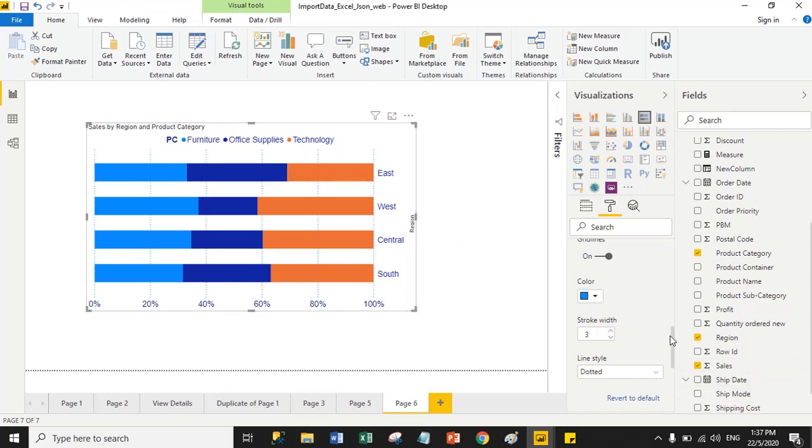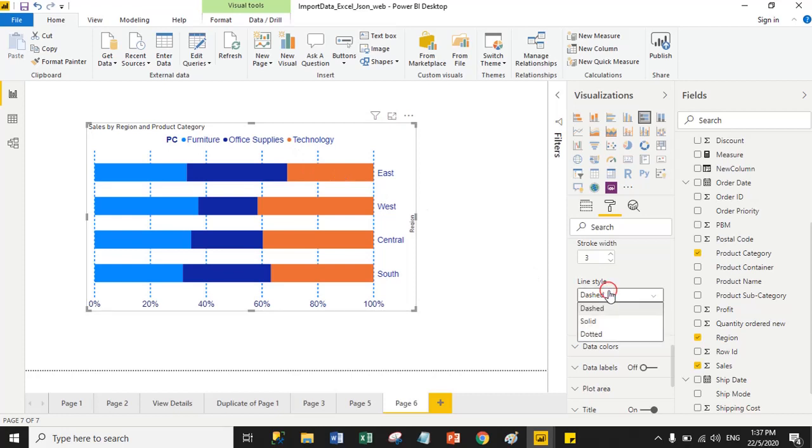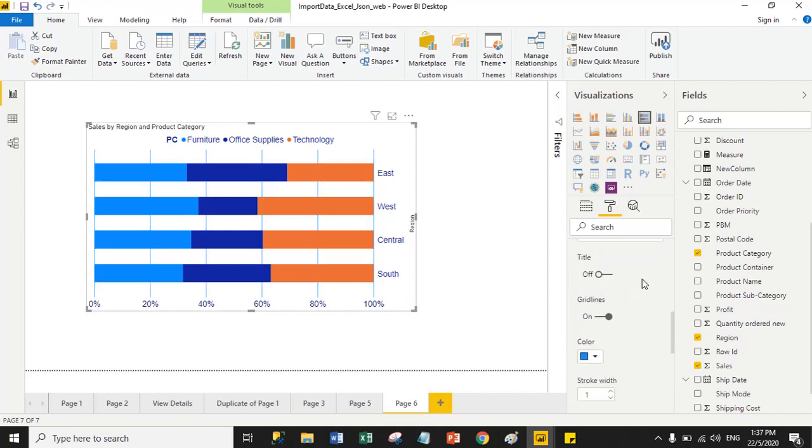And also we have grid line style. So right now it is dotted. Suppose I select dashed, see. And also we have one more option, solid. And now I decrease the stroke width to 1 pixel. So from here you can manage the grid line for x-axis.